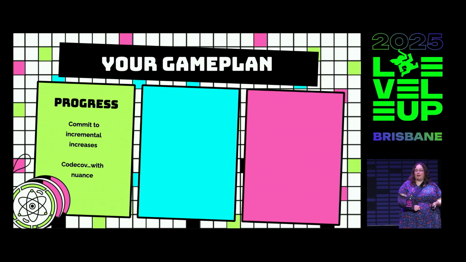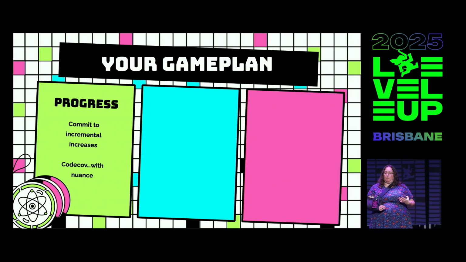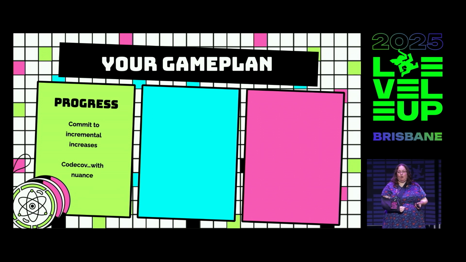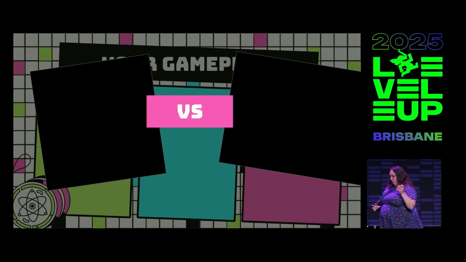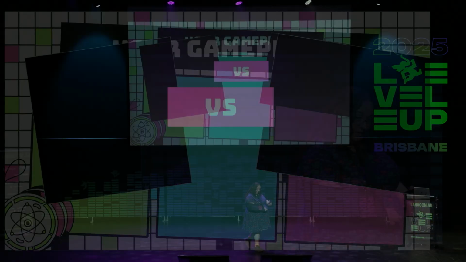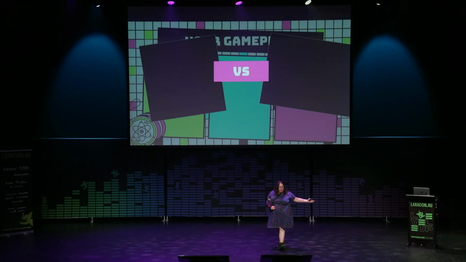Tools like CodeCarve can be great as an addition to your pipeline to highlight, are you actually increasing over time? However, we want to look at all of those kind of metrics with some nuance because not all percentage points are equal. I'm going to show you 2 pieces of clothing, and I want you to imagine these are your choices in your wardrobe when you got dressed this morning. You are wearing a t-shirt, you have nothing below the waist, and these are your only 2 options.